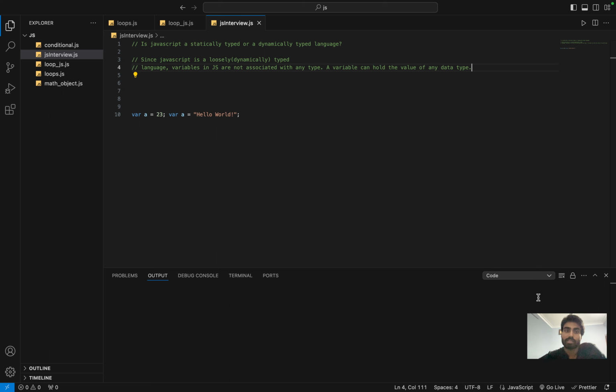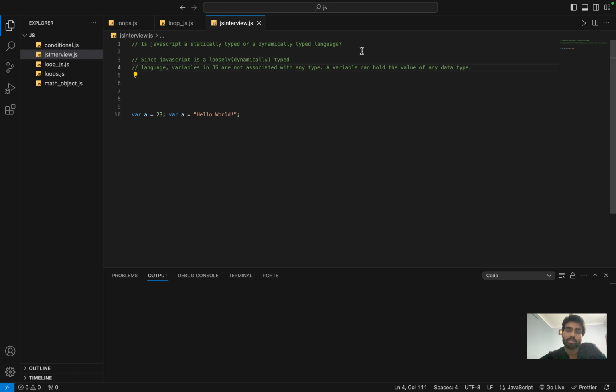So basically, in a statically typed language we have to explicitly assign a data type to a variable. If you have a variable which stores an integer, you have to declare that it will only store a number, or a string, or a character, or something like that. So you have to explicitly assign what kind of value the variable contains. This happens in a statically typed language, while in a dynamically typed language you don't have to assign any data type to